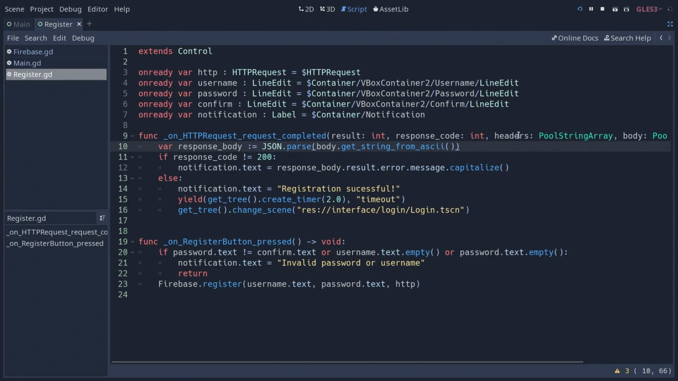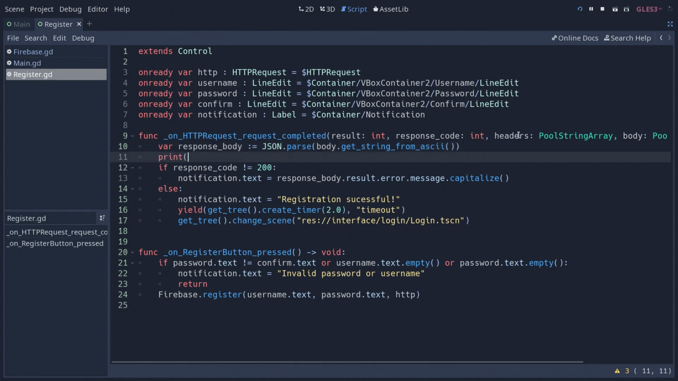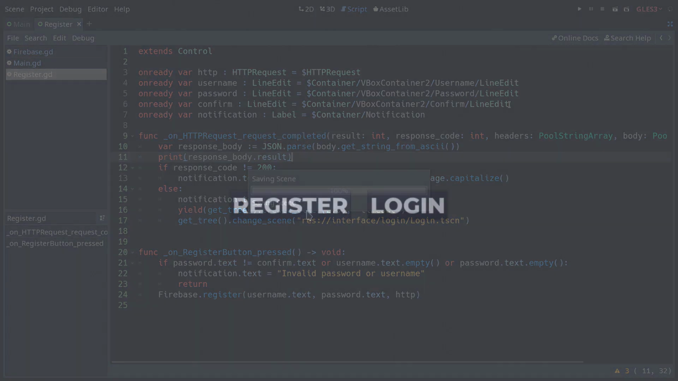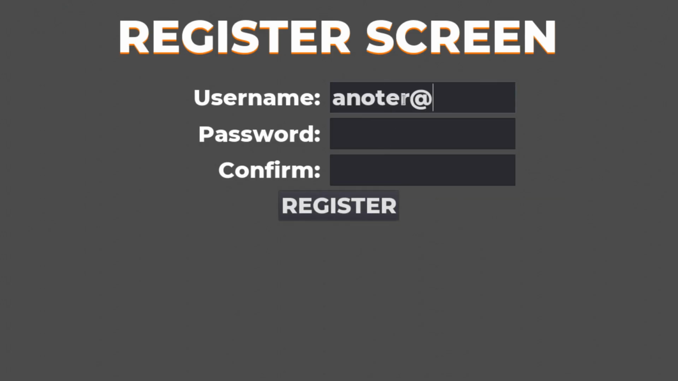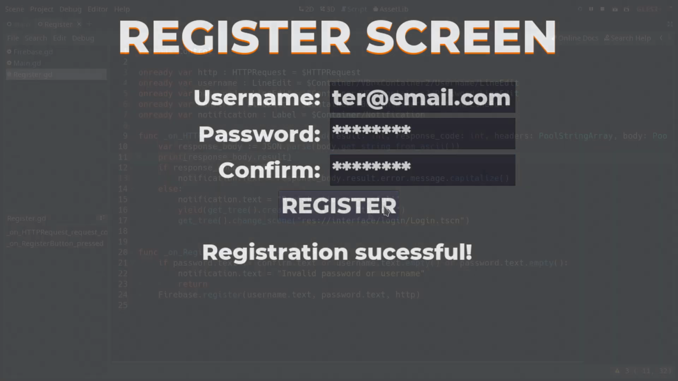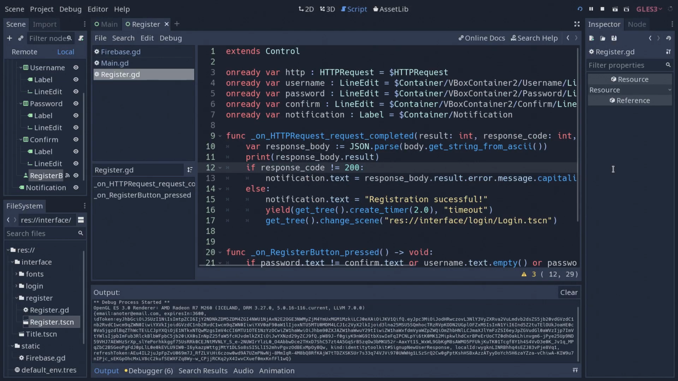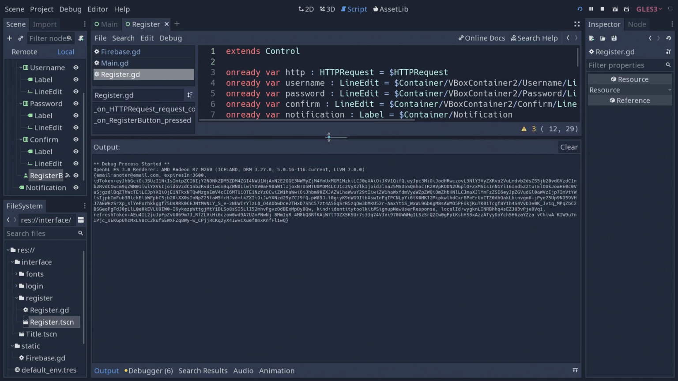Now before we continue, I just want to show you what this response body looks like. So once we convert it into a JSON, I'm going to print the result, save and run our game once again, register another user. Once that's done, we can go back to Godot, and here we're going to get all of the information that we have from our response body. So you can see here that we have the ID token that we used before on our Firebase script, the email that we used to register this user, when this token is going to expire,